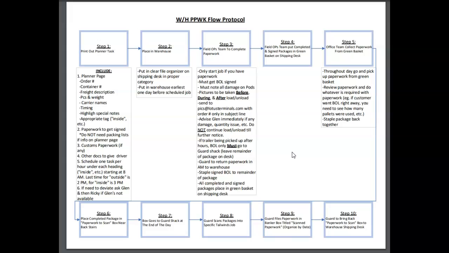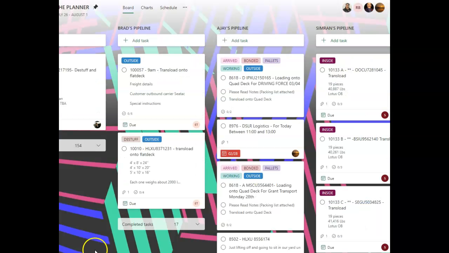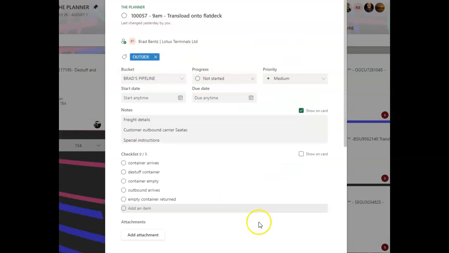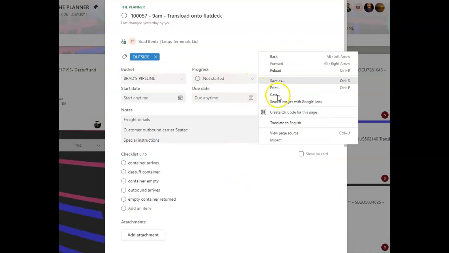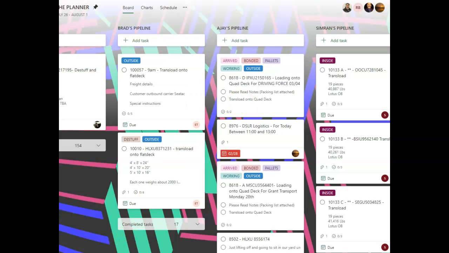Okay, so step one for the printout planner task is going to be to print it out like it says. So what we're going to do is we're going to go to that planner task, we're going to open it, right click and print, and this whole page will print. You will have to print the attachments separately if you need to, but you can print this page. Okay, so once we've done that,